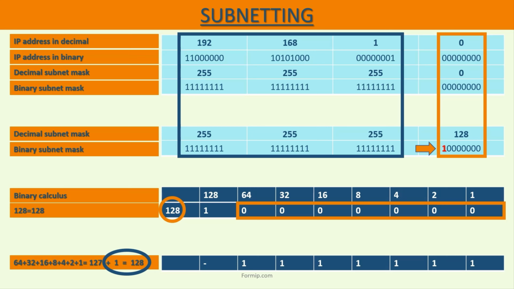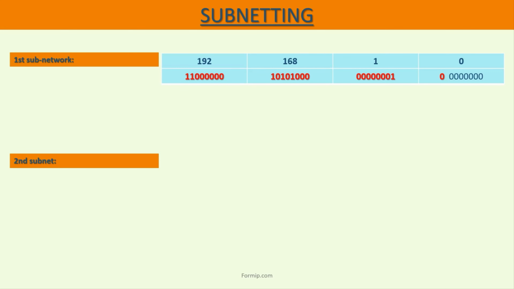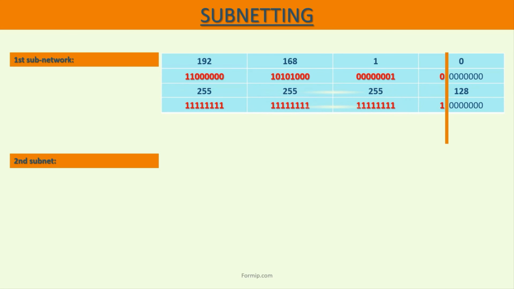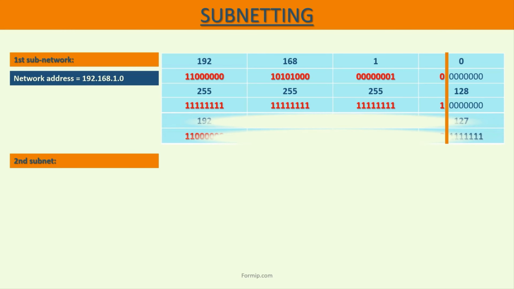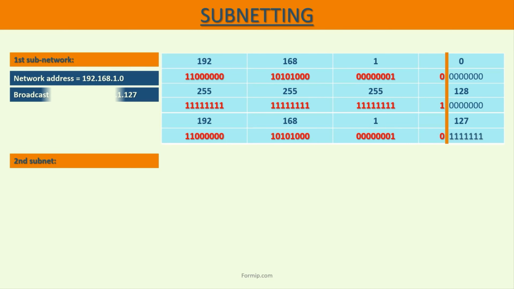We now have to determine the network and broadcast addresses of our 2 subnets. For that, we will play again with the last 7 bits. To find the network, it must pass all bits to 0 after the separation, after the 25th bit. The network address of the first subnet is therefore 192.168.1.0. To find the broadcast address, all the bits must be set to 1, always after separation. The broadcast address is therefore